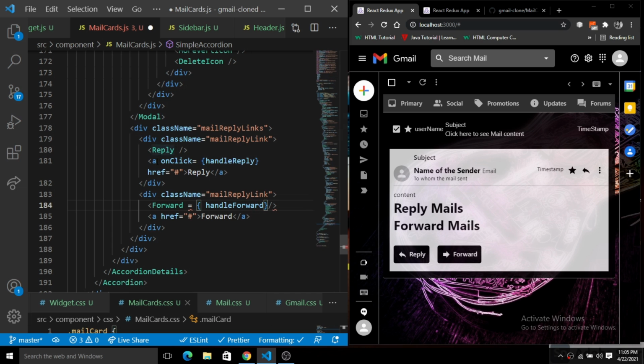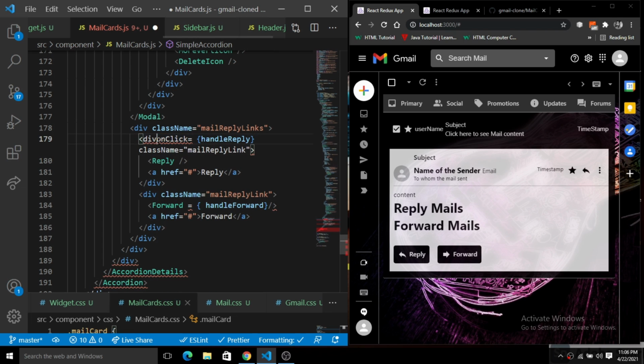Okay, basically what we will do, we will just grab this and put it inside of this div. So let's grab this and put it there on the div.